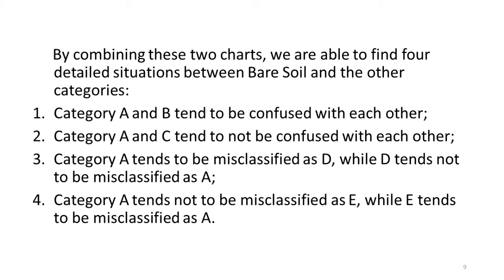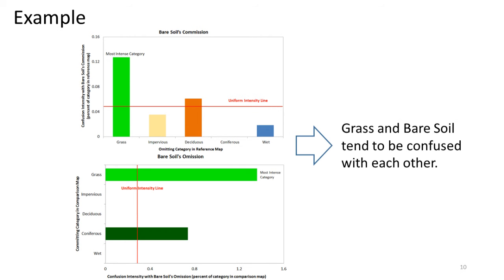two categories. For example, the confusion intensity of gross with Bell-Sawyer's commission is beyond the uniform intensity line, and this indicates Bell-Sawyer tends to be misclassified into gross. In the second chart, the confusion intensity of gross with Bell-Sawyer's omission is also beyond the uniform intensity line, which indicates that gross tends to be misclassified as Bell-Sawyer too. By combining these two pieces of information, we can say that gross and Bell-Sawyer tend to be confused with each